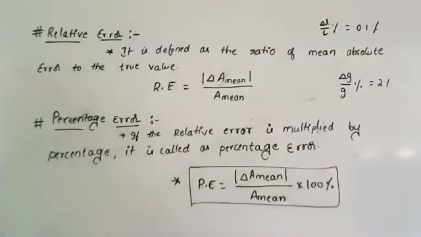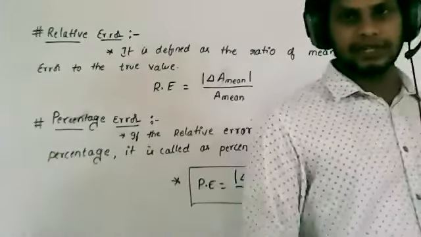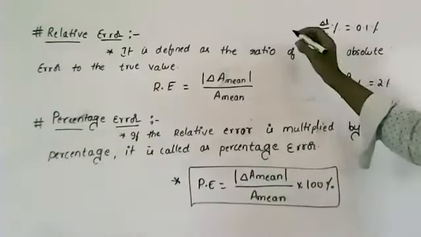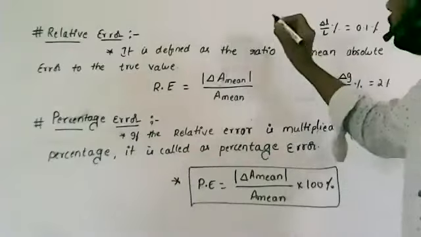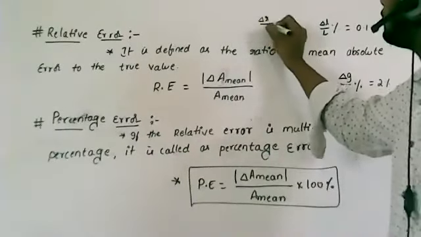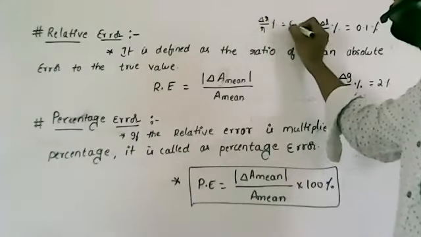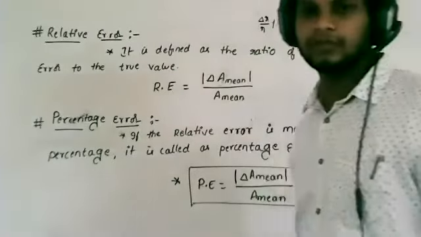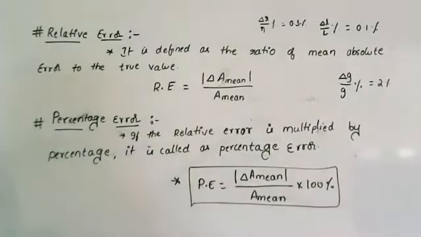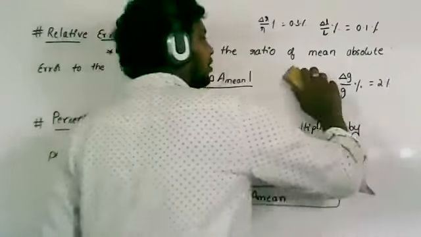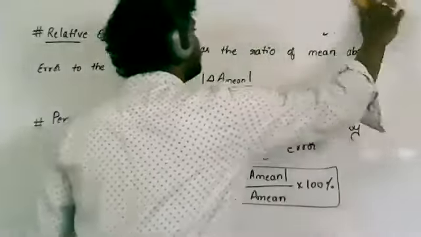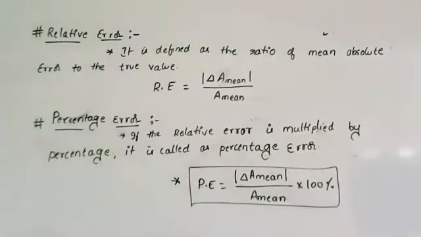Or else they can give like this also: the percentage change in the radius is 0.3%. Then you can express it like this, delta R by R percentage is equal to 0.3%. So remember, this formula can be used to solve the problems in percentage problems. So if it is done, then I will go for the next point.